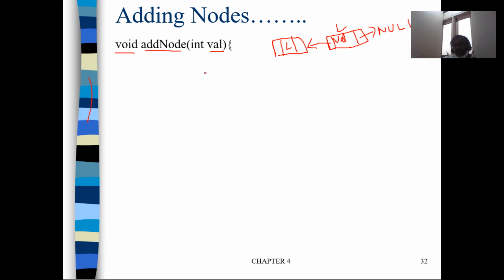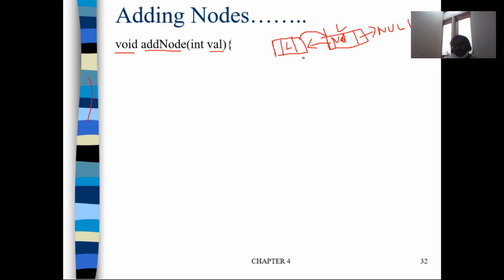So the new node will always be added to the end of the list, and the previous last node's next pointer should point to this node. Are you getting it? So we add a new node, that new node's next will be NULL, that new node's previous should point to the previous last node, and the previous last node's next should point to the new node. This is what is expected to be done.